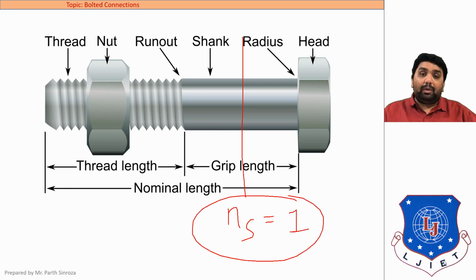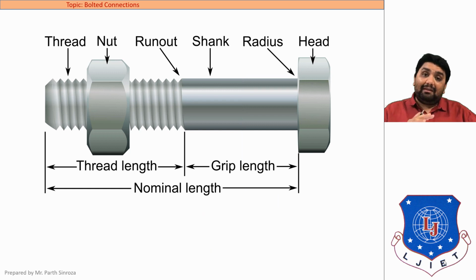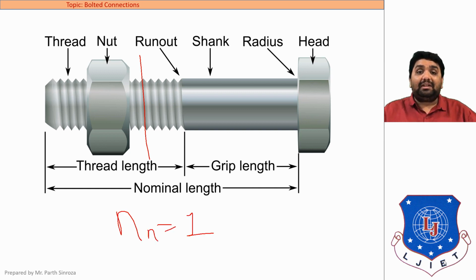But this NS equal to 1, we will be getting in only one case, that is double cover butt joint. In our 5th sem syllabus, we will be getting NS equal to 1 in only one thing, that is double cover butt joint. So if the question says that a double cover butt joint is asked, then and only then NS equal to 1 will be considered. Otherwise every shear plane will be considered to be in NN. If the shear plane is 1, that is, in this case we have discussed that it is in single shear, so by default it will be in NN, that is in the threaded region.